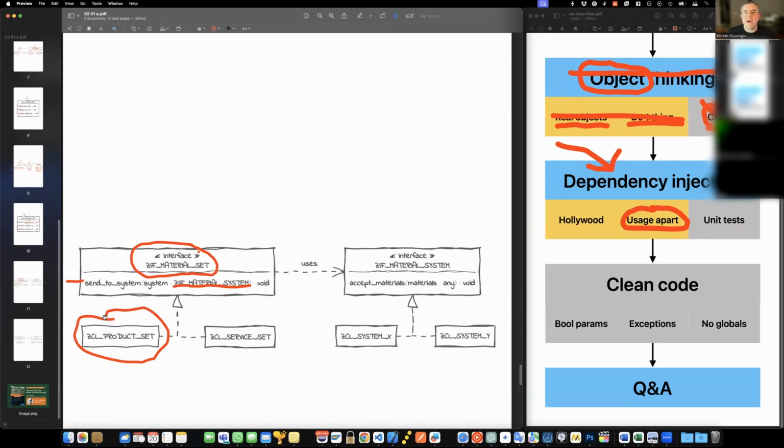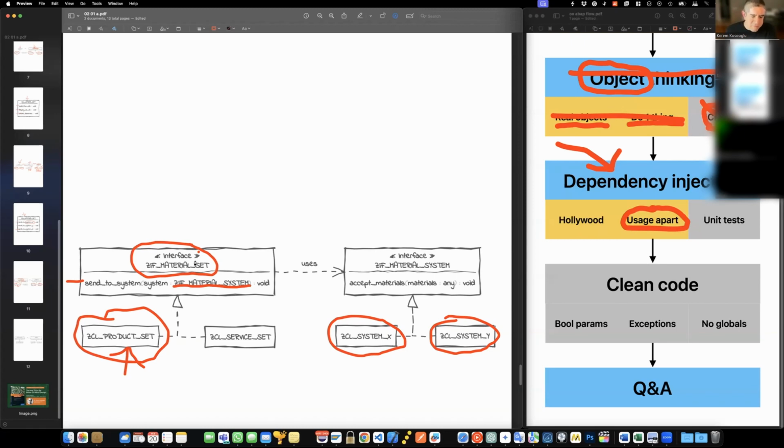I don't want to care if there's a web service or a RESTful API or SOAP service, whatever is there, or maybe I have to call an RFC for another SAP system. I don't want to care about this stuff in the material world. Therefore, instead of creating these system X and system Y classes in my material class, this is the Hollywood principle and the dependency injection principle in combination.